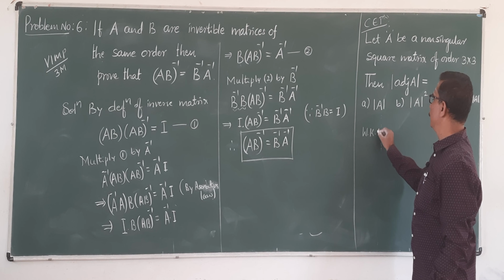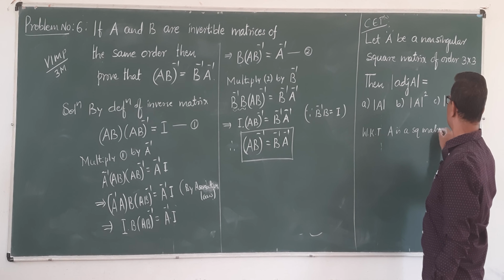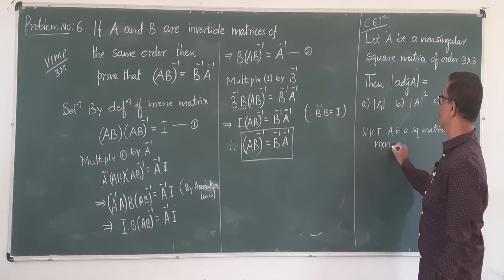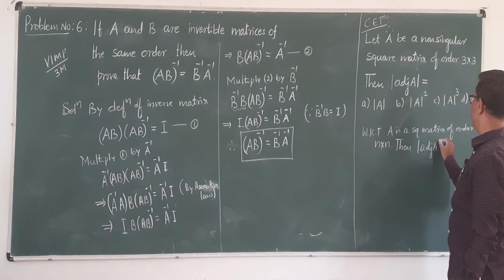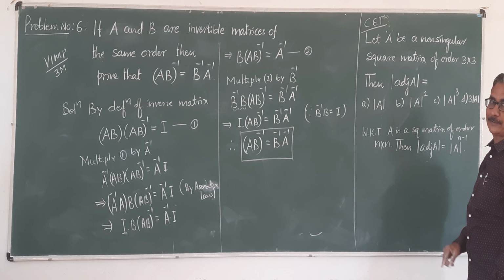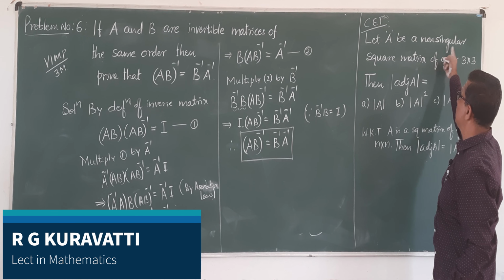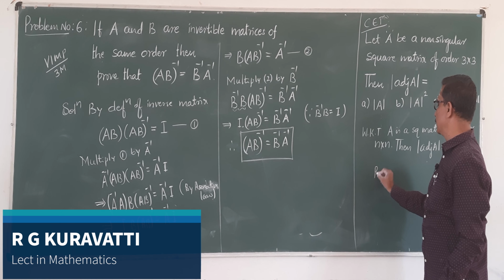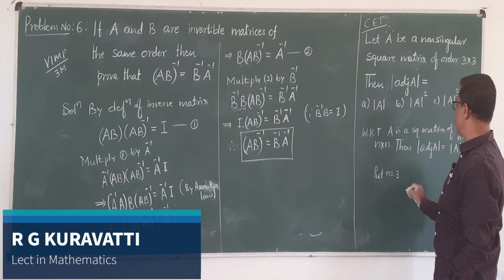Remember the formula. We know that A is a square matrix of order, in general, n cross n. Then remember that formula: determinant of adjoint of A is equal to determinant of A to the power of n minus 1, where n is the order of the matrix. Here, see what they asked: A is a non-singular square matrix of order 3 cross 3. What order did they ask? 3 cross 3. So put n is equal to 3. If they had given order 2 cross 2, put n is equal to 2. Then